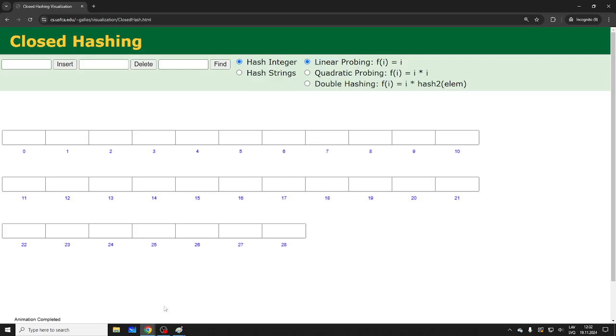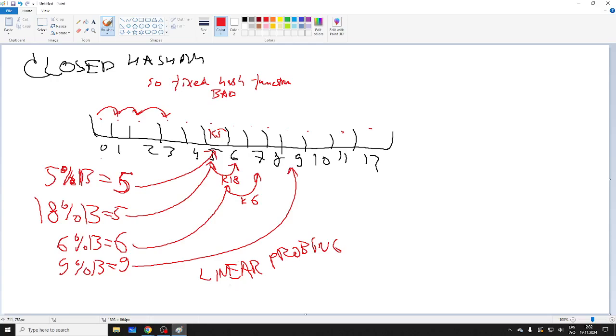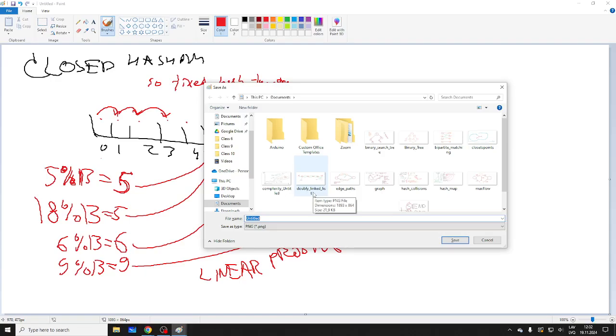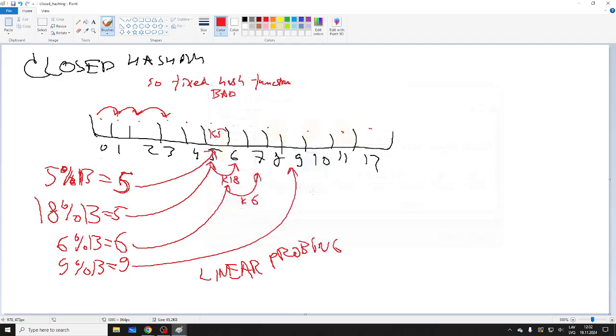What does it accomplish? Instead of linear probing, we are going to jump around.